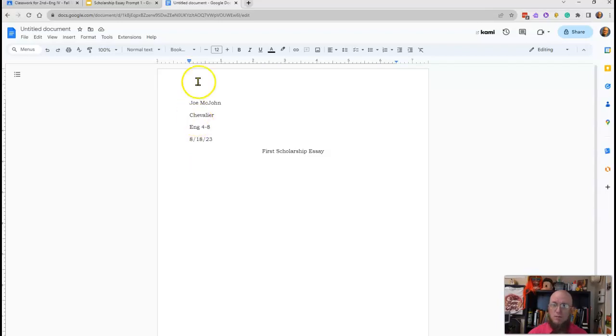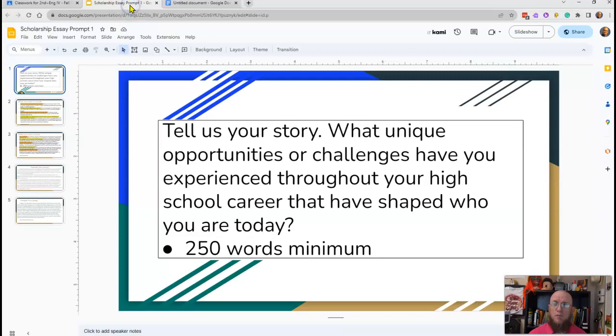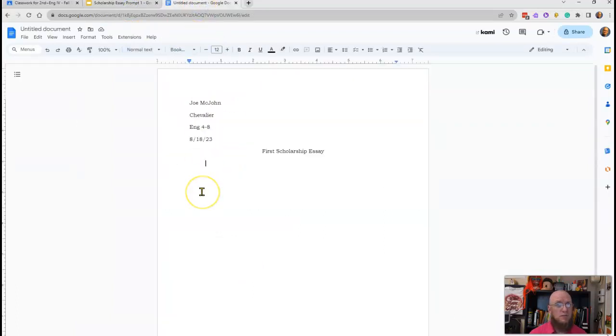So some of you are set up where it automatically indents paragraphs. Most of you aren't. If it automatically creates an indentation, don't hit tab, but mine doesn't. So I'm going to hit tab once. And so now I'm ready to start my essay. So we start with telling us your story. Well, these are people you are introducing yourself to. So you are going to start off with my name is, or I am. Do that. I am